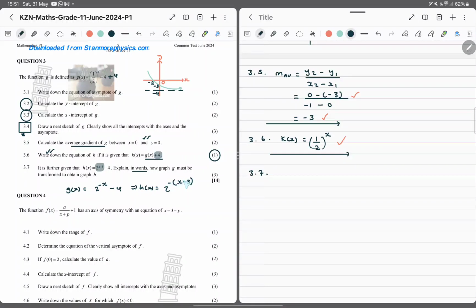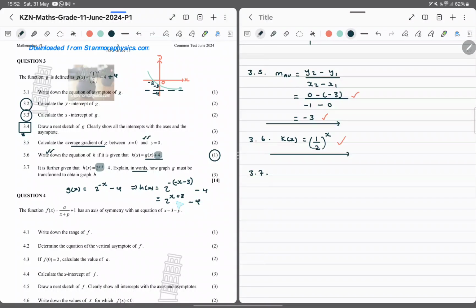But now if we shift it to the left, then we multiply the x by negative. You get it? So this is what it looks like, because when we sort this out, it's going to be 2 to the x